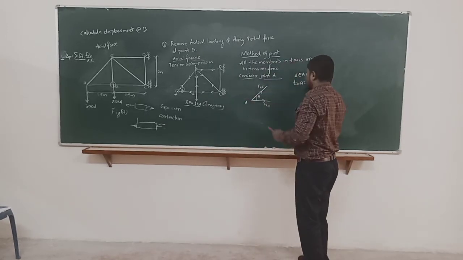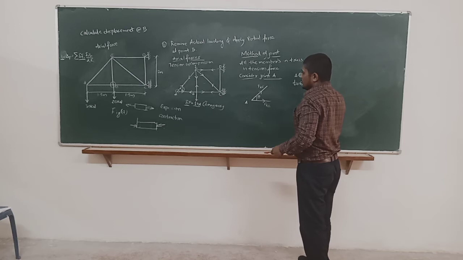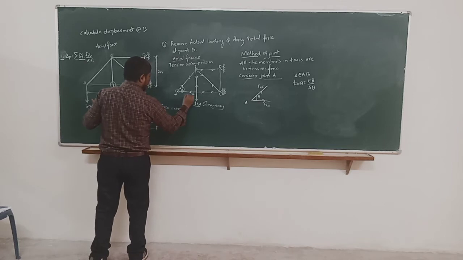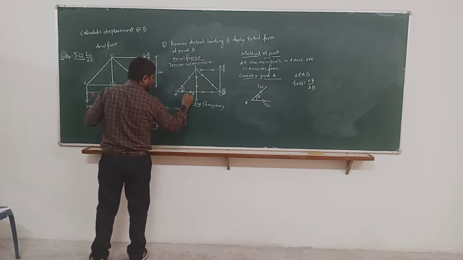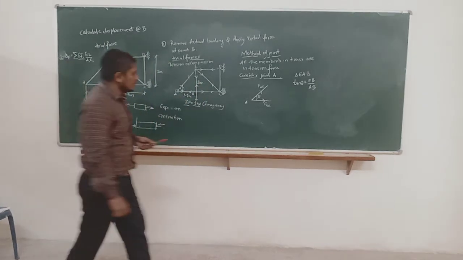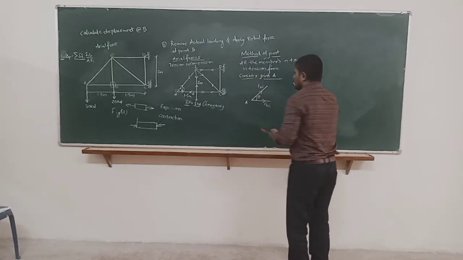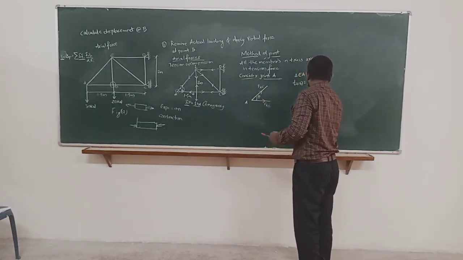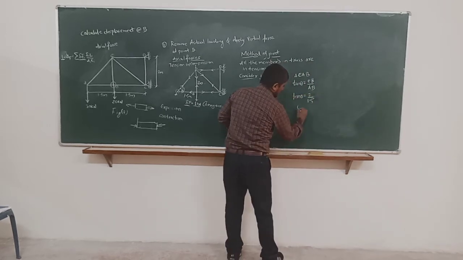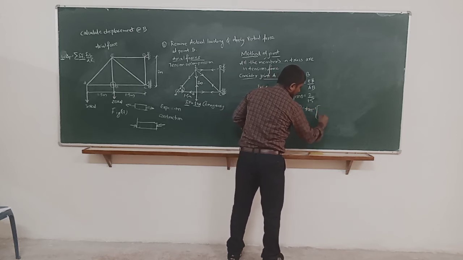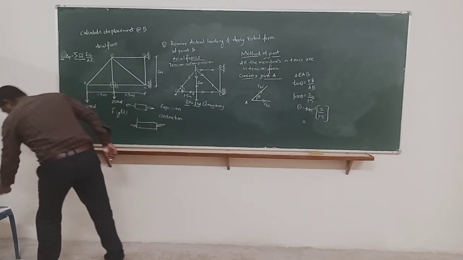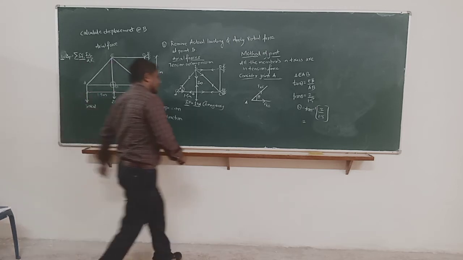Okay. Now theta, how to calculate theta now? So tan theta is equal to perpendicular divided by base. So we have those lengths here. We know that it is 1.5 meter and this is 2 meter. Okay. Now what is EB? EB is nothing but 2 meter. So tan theta I can write like this. So theta will be tan inverse of 2 divided by 1.5. So I will write the direct answer here because I have already calculated it. So theta is equal to 53.1.